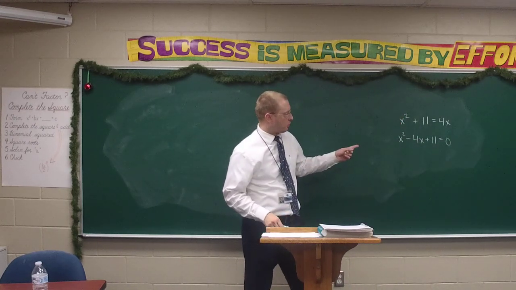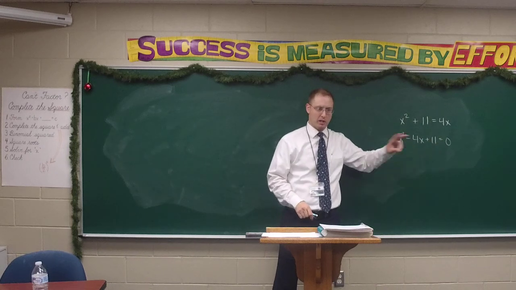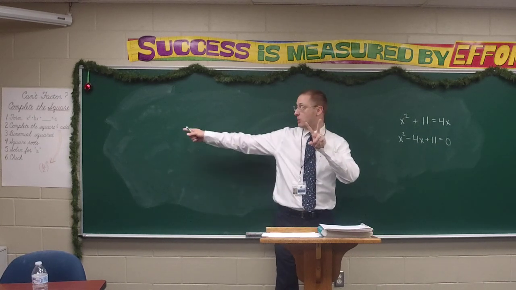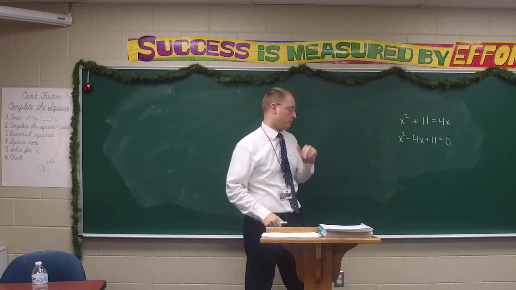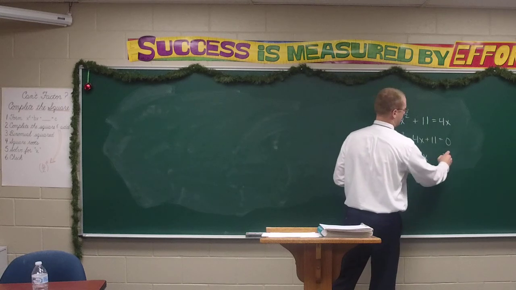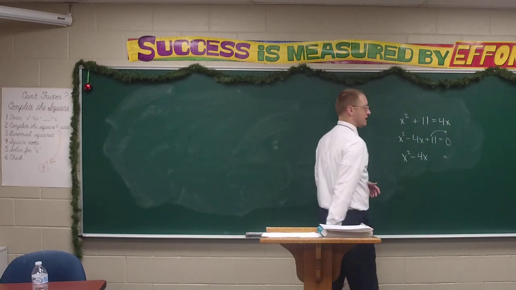All right, once we get to this point, we see we can't factor it. We only have 2 options, class. We could complete the square, or we could use the formula. I think completing the square is easiest, but remember, you've got to ditch the constant term. So the 11 has got to move out as a